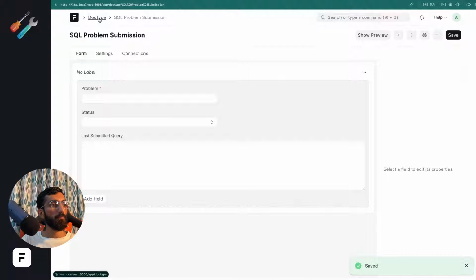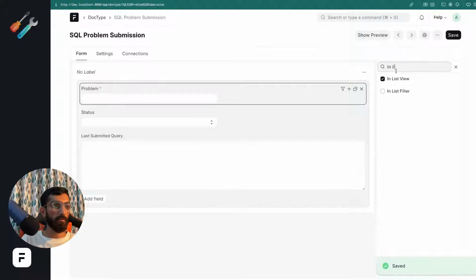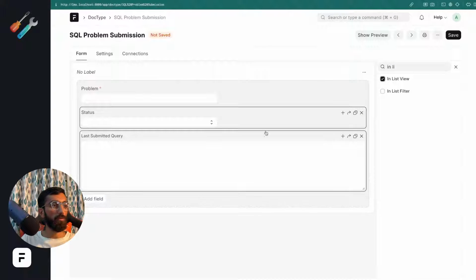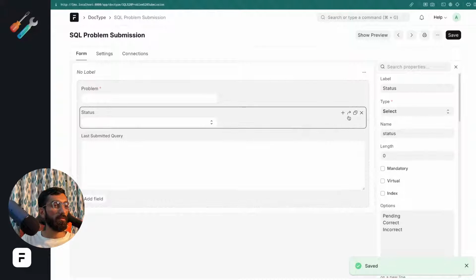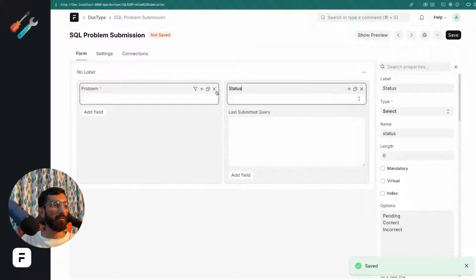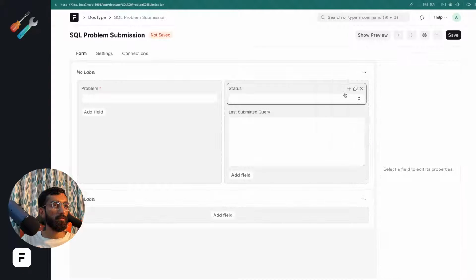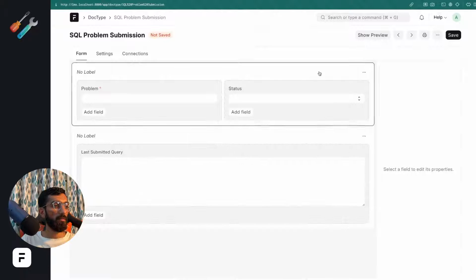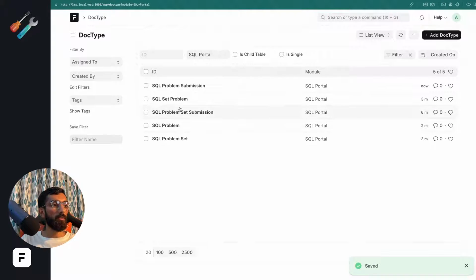Cool. So this is a child table. So in list view. Cool. So now I can go to submission,